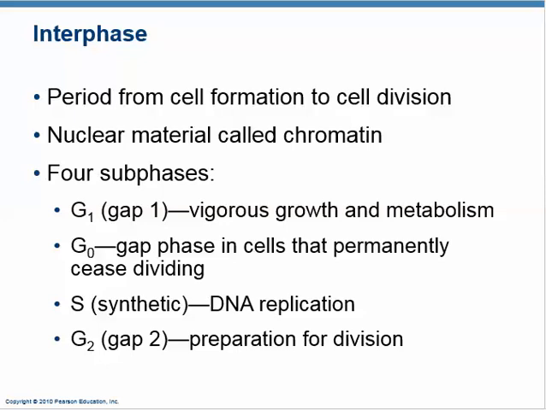If it's a goblet cell in a mucosal membrane, then it is producing mucin, the protein mucin, to make mucus, etc. If it's a hepatocyte, it may be producing bile salts, something like that. So this happens throughout